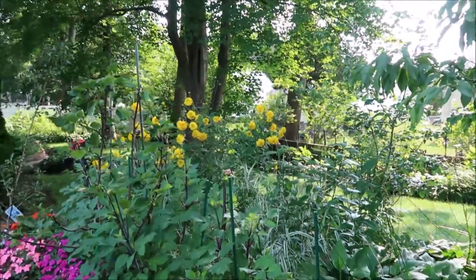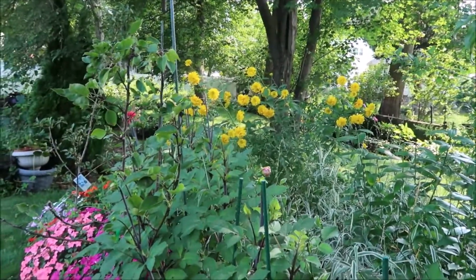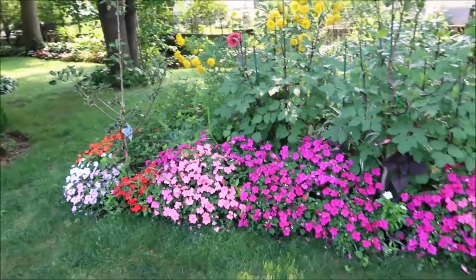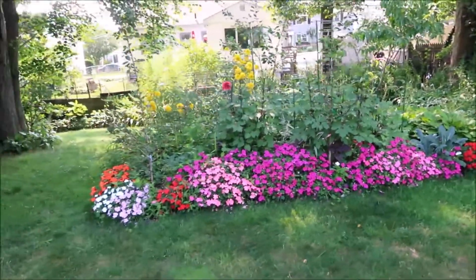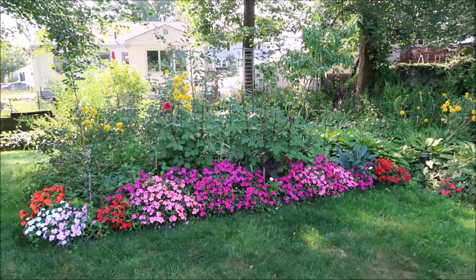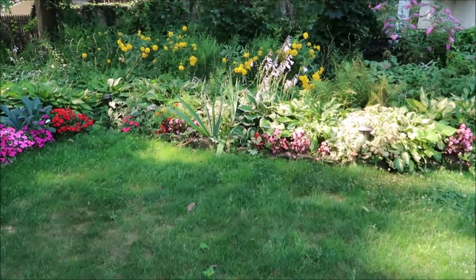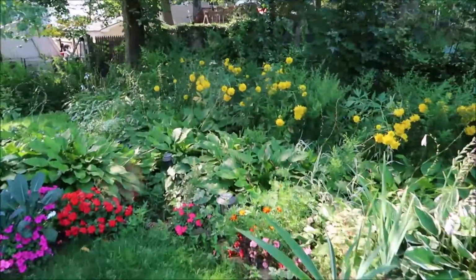Yeah, so these yellow flowers are just beautiful here. And I just love how this bed is going to really take form and shape for this month of August. It's just going to look really full and pretty as the month continues. There is a butterfly flying around here. Anyway, here is